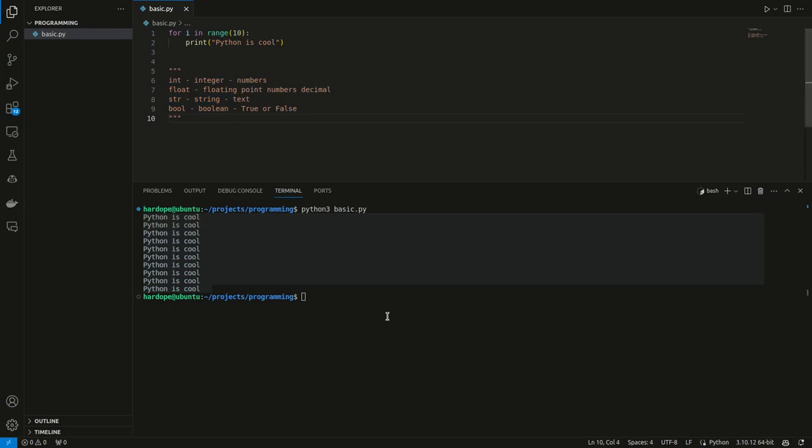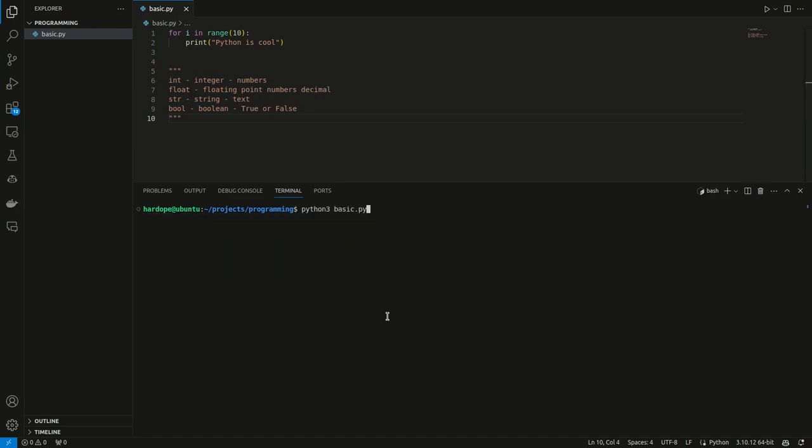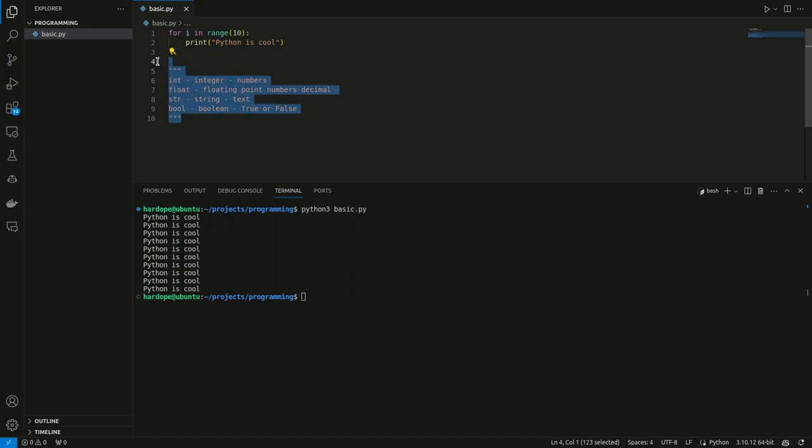So now this is a comment to be ignored by my compiler or interpreter, depending on your language. So this is basically removed from my code when I'm trying to run it because it's not code. It's just a comment for the developer. It doesn't deal with the computer at all. So we've taken a look at Python. Let's take a look at a few more things that Python can do.